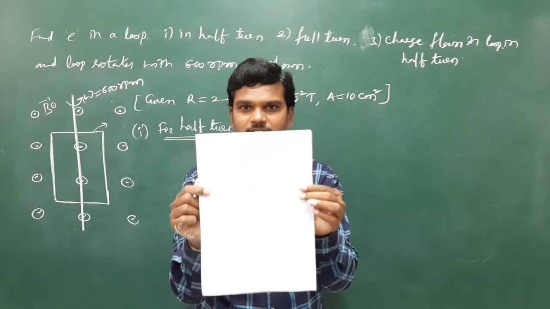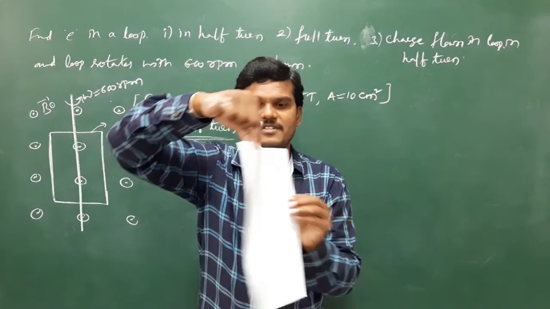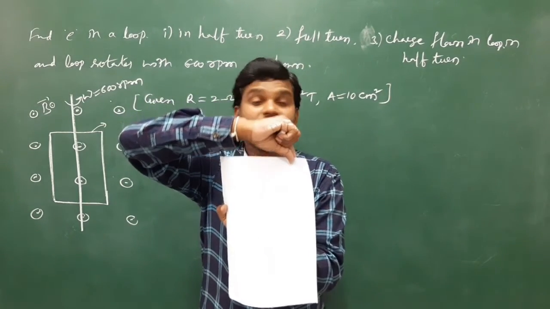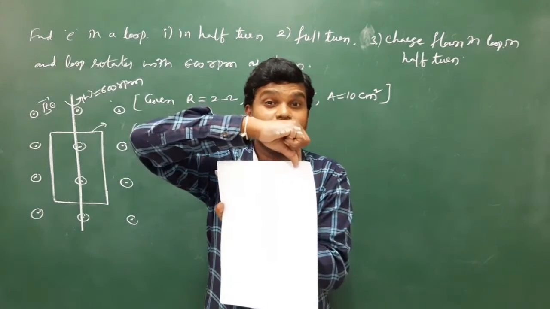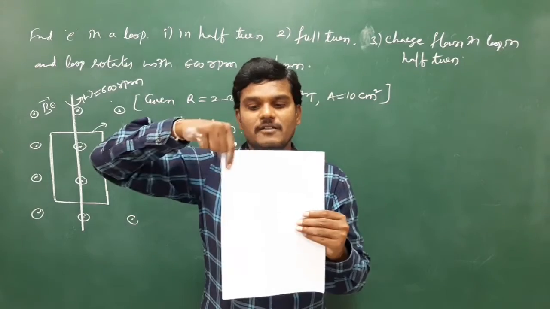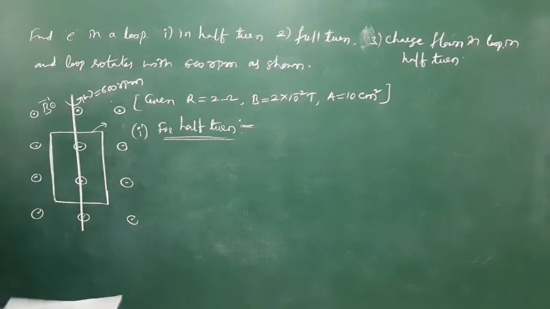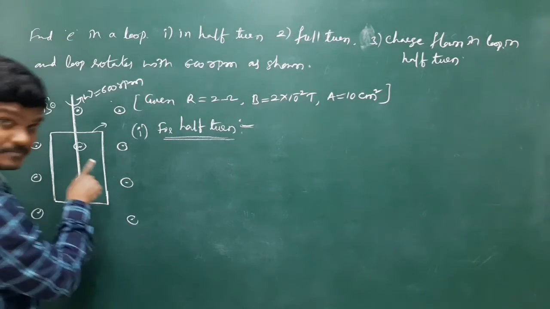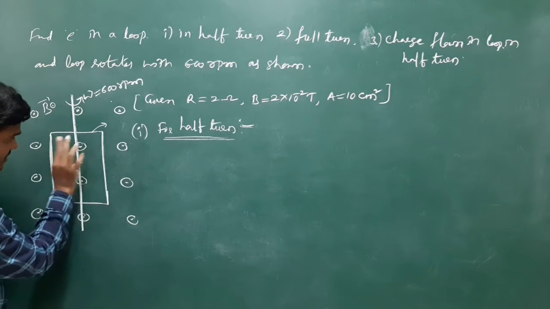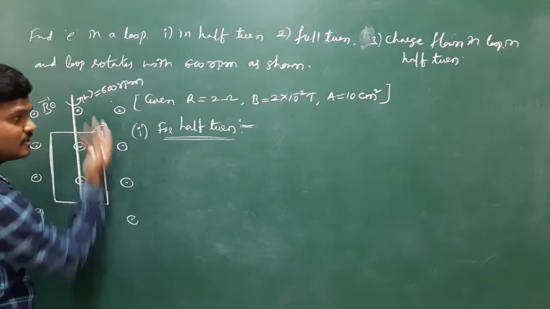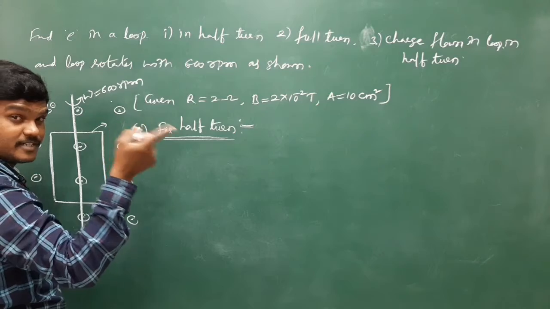But see the way. The plane of the coil is normal to the magnetic field. The field is towards you. Now half turn means this is half turn. The initial angle is theta 0, and the final angle is theta 180. Full turn means 360. So keep in mind, don't think half turn is 90 degrees. See the axis. The loop is rotating about this axis. Half turn means this face has to go into the board, to the other side. So initial flux has theta 0, final flux has theta 180.